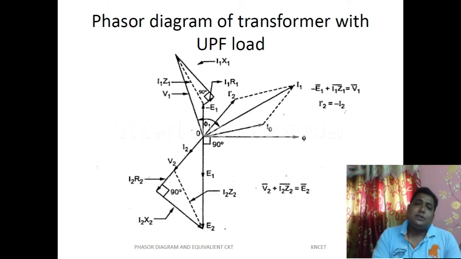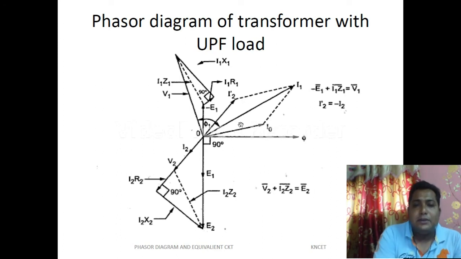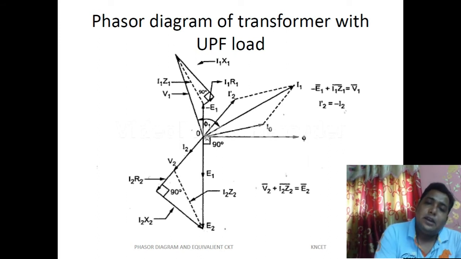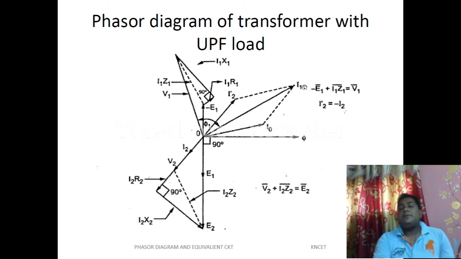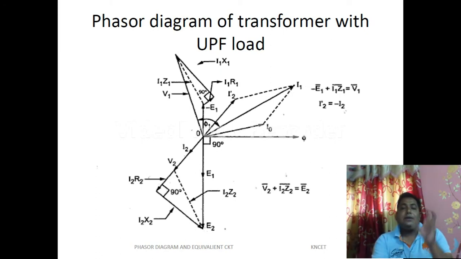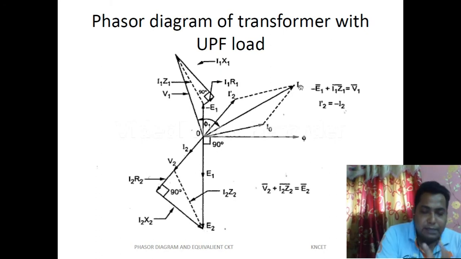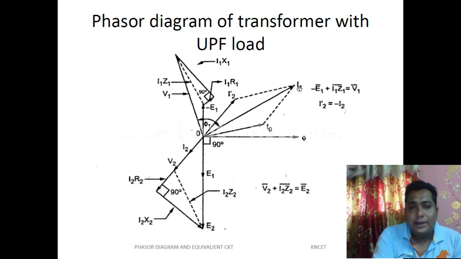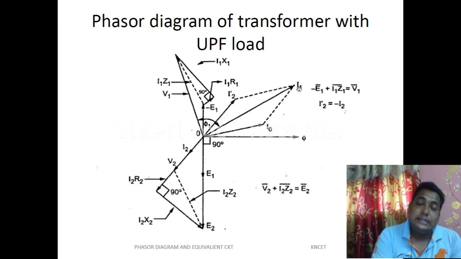So what is the total resultant current present over here? This is the primary current already flowing, and this is the induction effect current I2 bar. So what is the resultant current? We can draw a vector summation, and that is I1. So now in the primary side this amount of current is flowing, and due to that current, what voltage drops are appearing? In the primary side we have a resistance, say that resistance is R1, and we have a reactance, say that reactance is X1.